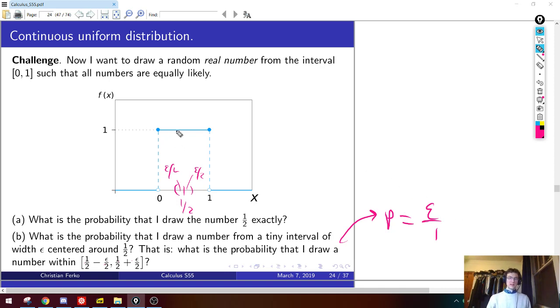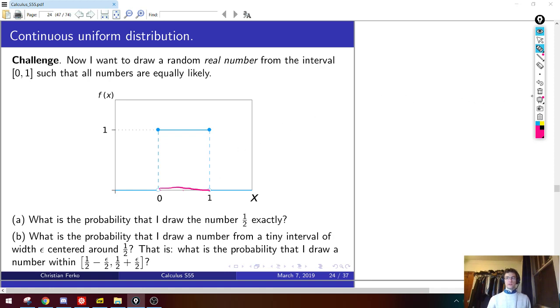Yeah, that's exactly right. So you should think of this basically as saying, since all numbers are equally likely, we can find the probability of getting this interval by just finding the length of that interval divided by the total length. Or, in a way that will be slightly more useful for us later, that's the same as saying it's the area under the curve in the strip from 1/2 minus epsilon over 2 to 1/2 plus epsilon over 2, divided by the total area under this guy. But either of those is fine. In this case, it's much easier to just think about the length of the interval as epsilon and the total length of this interval as 1.